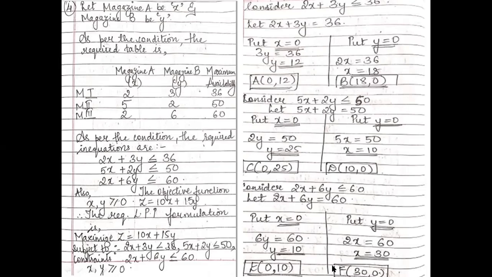Now, in order to plot them, the scale which I took was this one, as you will see in the diagram. As the minimum number is 10 and the maximum goes up to 30, you can take the 2 table, or even 3 is fine, or if you're comfortable, the 5 table or the 10 table will also do. In this case, I have taken the 3 table, as you can see. So 1 centimeter is equal to 3 units on both axes. As I told you, class, if you plot with the help of a scale, exactly 1 centimeter, it will be better and you'll get the answer easily.